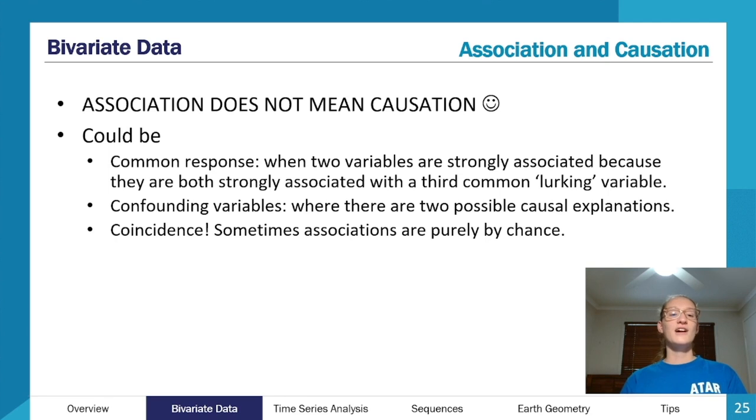And like I touched on earlier, association does not mean causation. When we're talking about scatter plots, we're talking about correlations, we're talking about associations, but we cannot discern causation from that. There's lots of different things it could be. It could be the common response, confounding variables, or sometimes a coincidence. So that's just another word of caution there. Whenever we're talking about all of this, we're talking about association and correlation, not causation, because there could always be underlying factors or other variables that are influencing our data that might not be obvious at